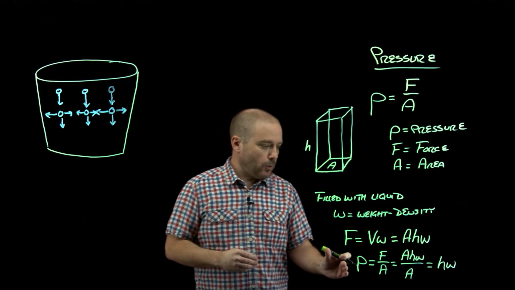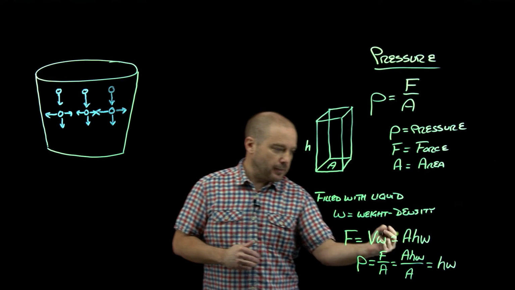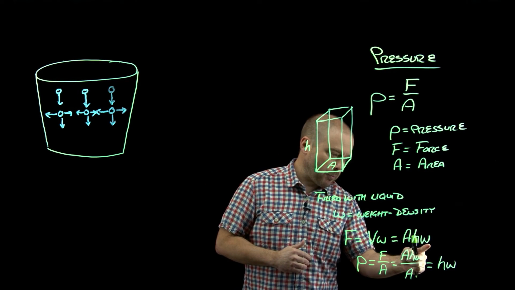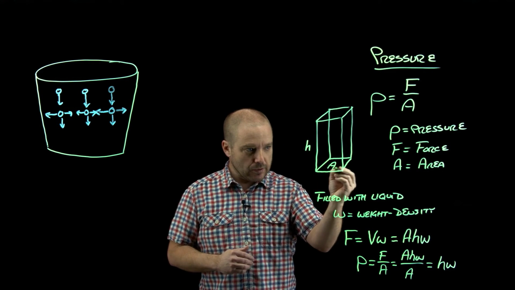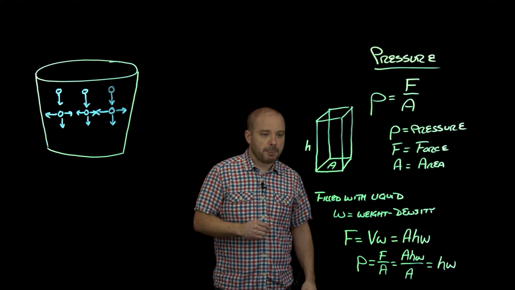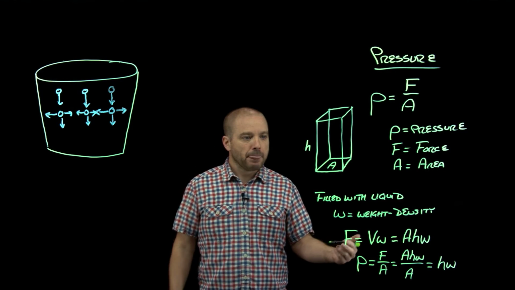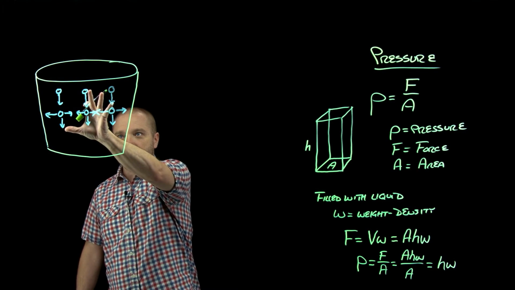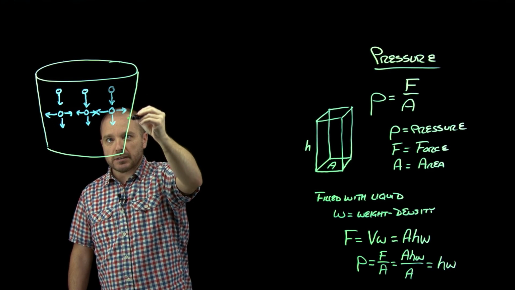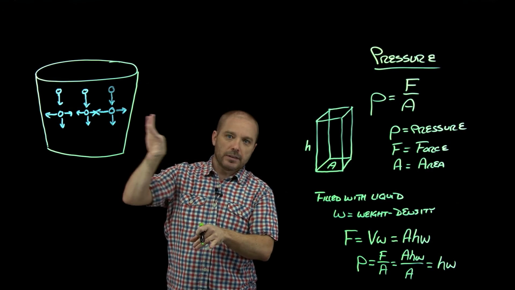Okay, so we've got this calculation for force. If we were all at a single depth, it would just be the area of that square, depth, weight density. And if we were interested in just per unit area, that's pressure, depth times weight density. So far, no calculus. Why does calculus come into this? Well, if we're looking at the side of this container, the problem is, as we move down the side, if we were interested in how much that fluid is pushing out on the side of that container,